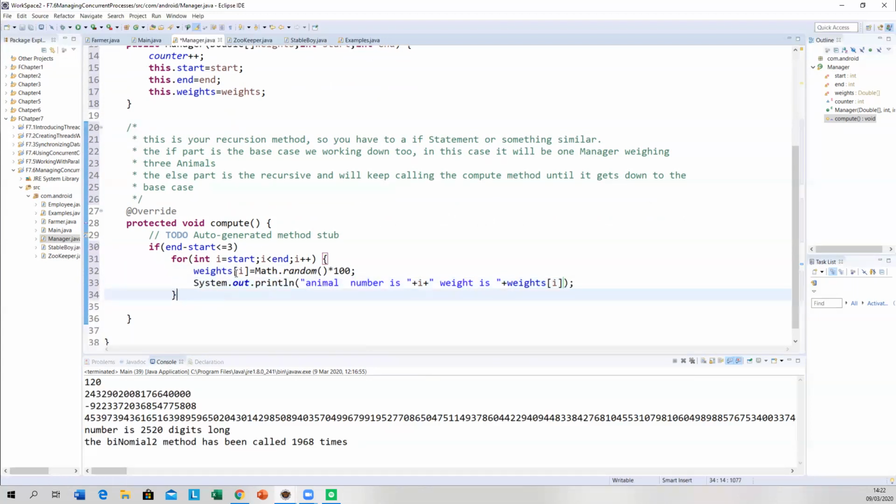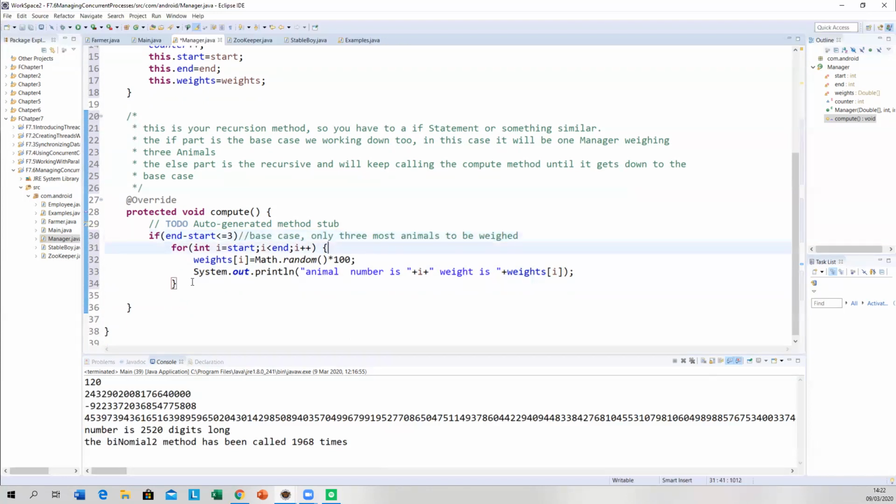Okay, so we're working down to that. It only weighs the animals when you only have 3 weights at the most to do. So this is the base case. Only 3 at most animals to be weighed. Now here comes the difficult part.